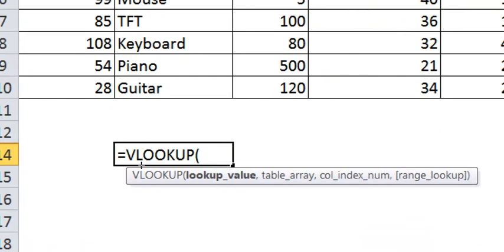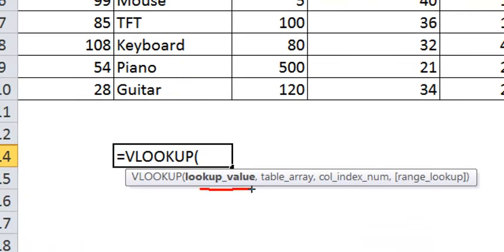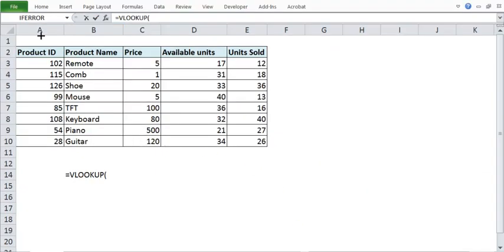In the VLOOKUP syntax, first we have the lookup value, which is the value you are going to look up. As an example, when the product ID is 85, I am looking up 85, and then you have to tell which array you have to look in, right? Usually the array will be, suppose you are only interested in product name, you will say the array is this. You have to ensure that this column will be there, and then which other column you want depends on your requirement, right?